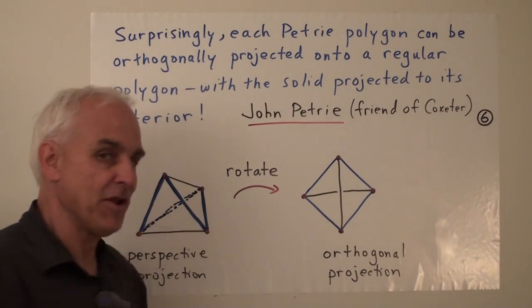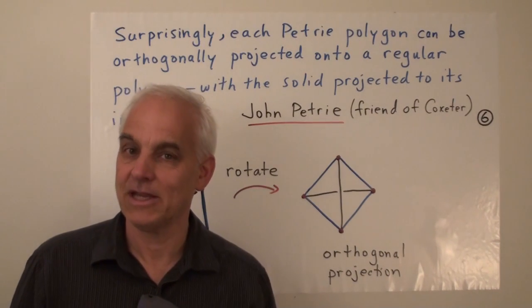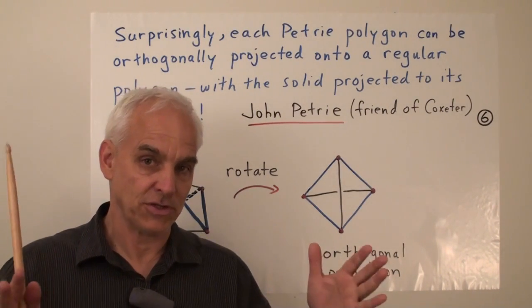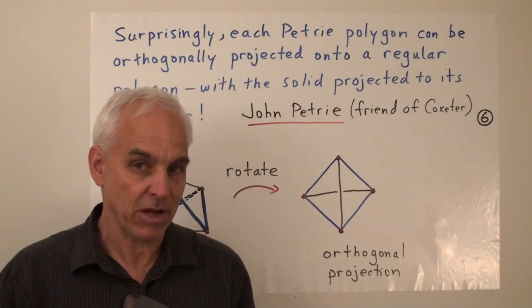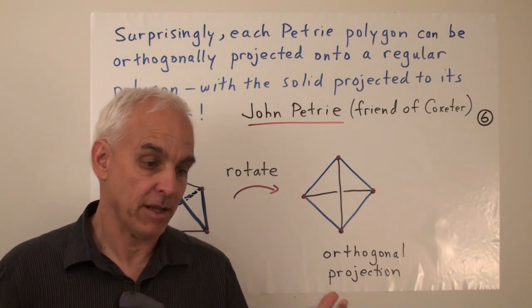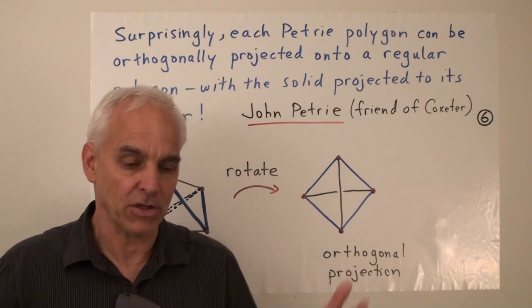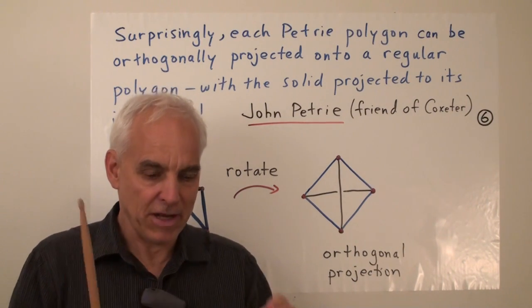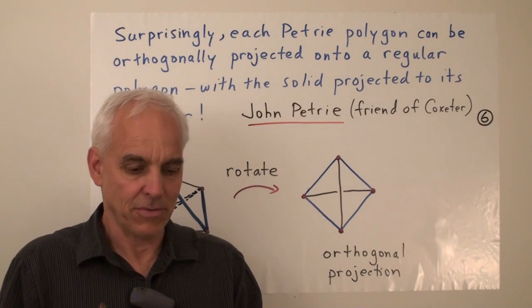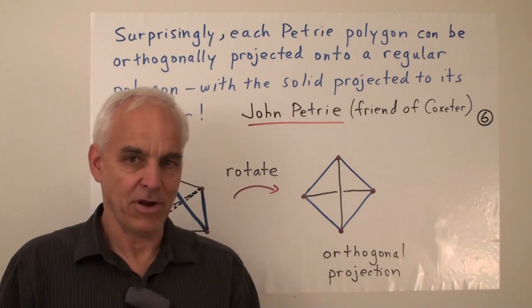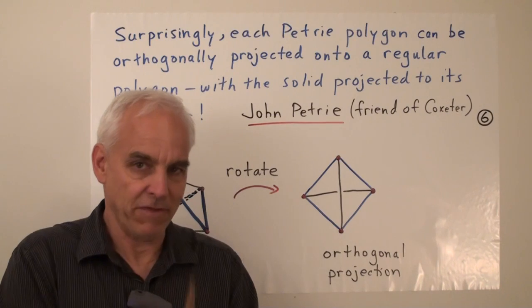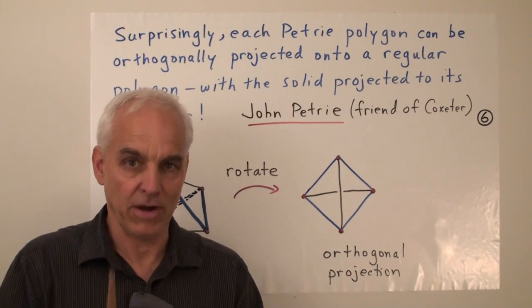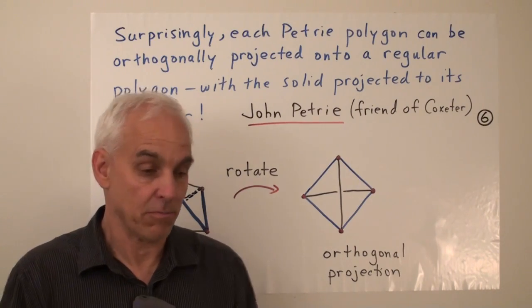John Petrie was the son of the very famous Egyptologist Flinders Petrie, who was the first person to really accurately measure the pyramids in Egypt. And he basically founded modern archaeology. He was the first person to emphasize the importance of being very careful, when we're digging up an archaeological site, to measure everything very precisely and take great care in documenting where everything came from. So he's a very important figure.